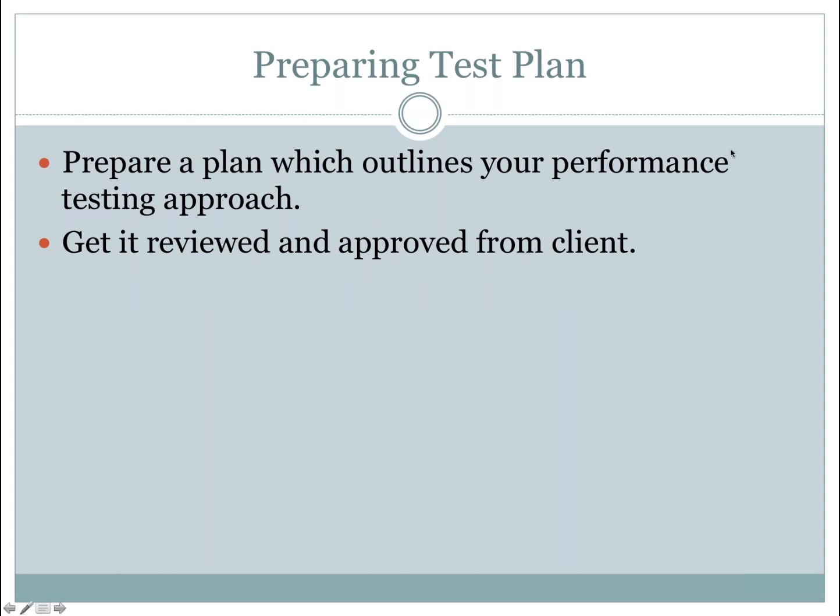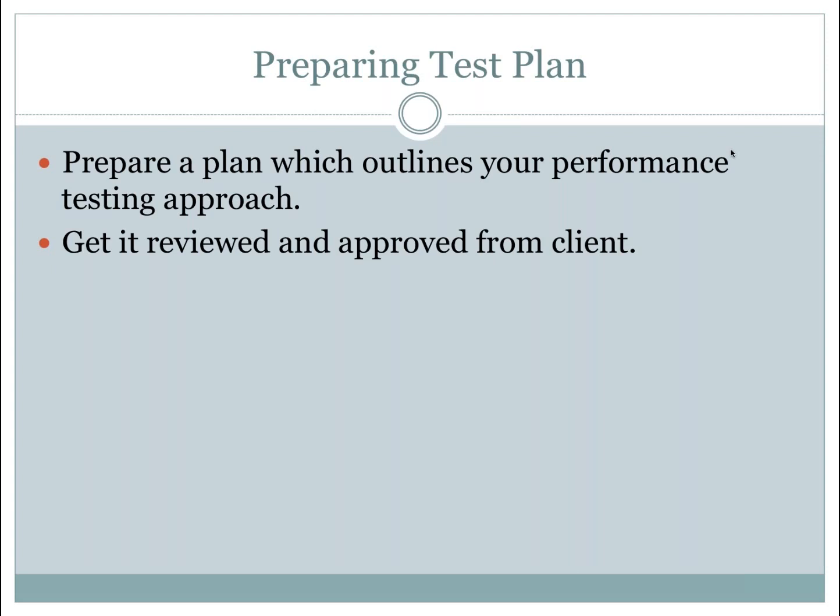So once I have all these requirements in place, I generally start preparing my performance test plan. In the performance test plan, I include details like the performance testing objective, our scope, and the requirements that we have captured till now. Then I also try to include the test schedule and how we are going to run our performance test, and pretty much everything that you can think of which would help you in performance testing. So I try to capture all these details in my performance test plan.